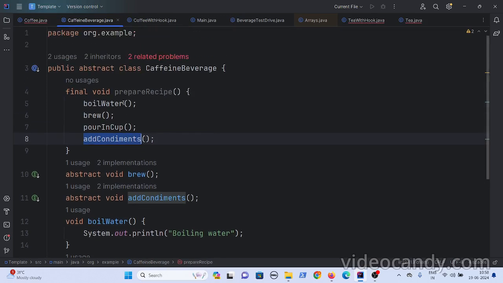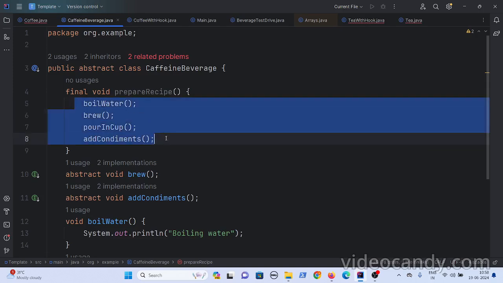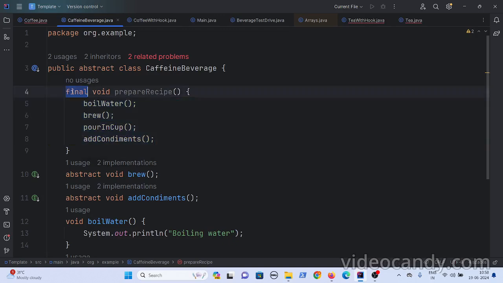And even if you see here, prepare recipe is the same for both coffee and tea, and the child classes need not override it. And let's say you want this recipe method not to be changed by your child classes, because this is the order they have to follow for sure. Then in that case, you can declare this as a final method.